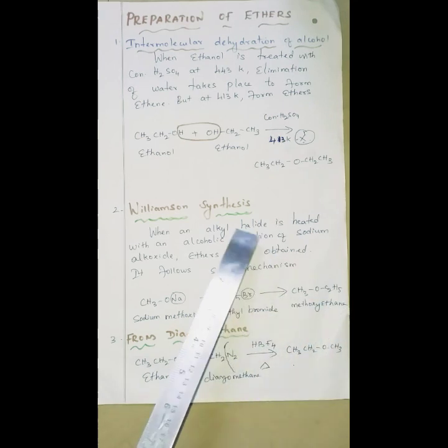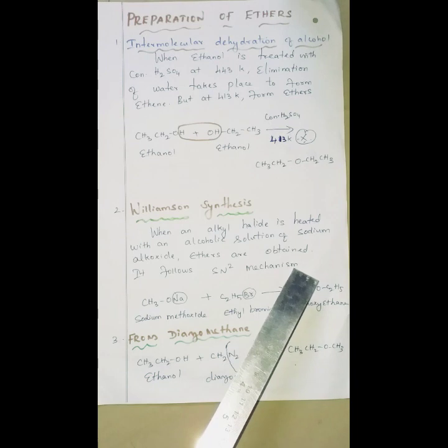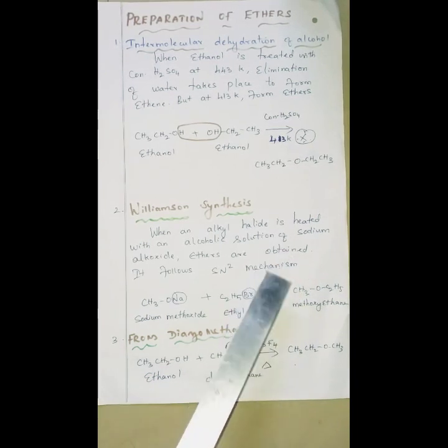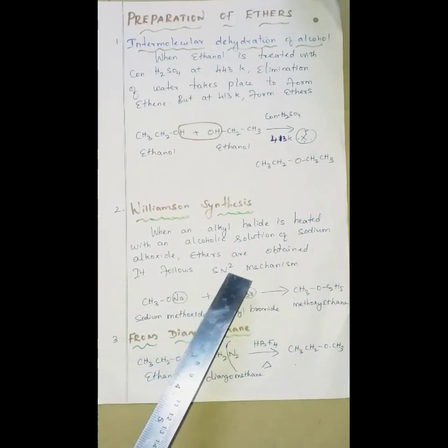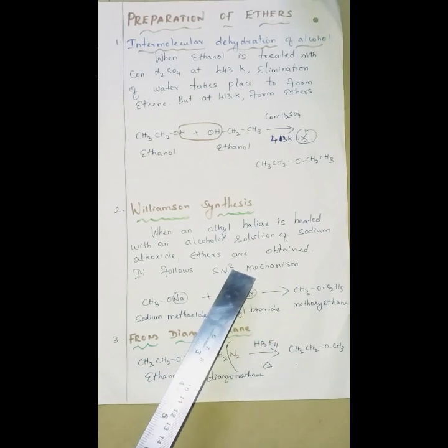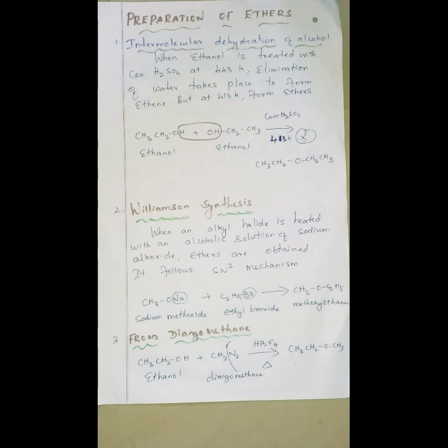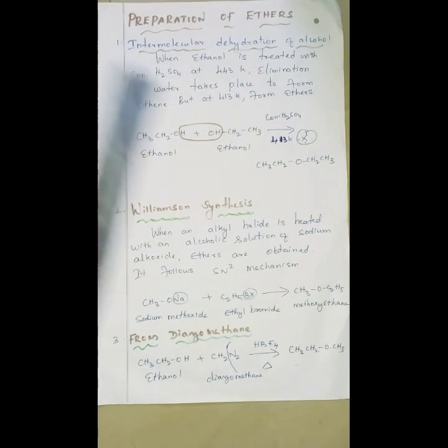So the main thing is this alkyl halide. In the board exam, for the correction part, they ask either theory or equation, so at least learn any one. Alkyl halide means this one, treated with an alcoholic solution of sodium alkoxide means this one. Or simply learn the equation, and it follows the SN2 mechanism. This is for objective type. They may ask what type of mechanism Williamson synthesis follows. In the options it is given as SN1, SN2, E1, E2. So we have to tick that it is an SN2 mechanism.